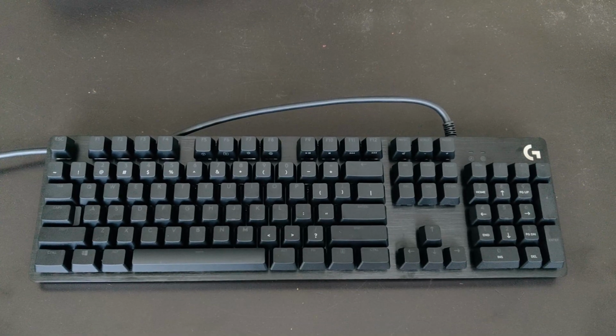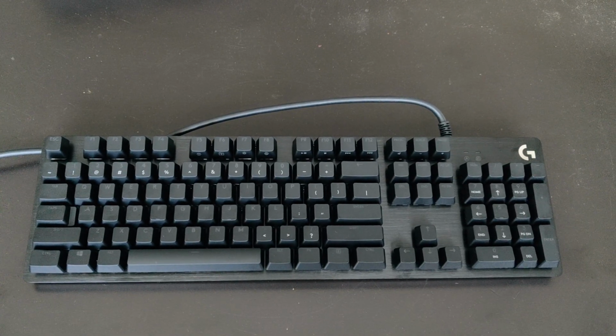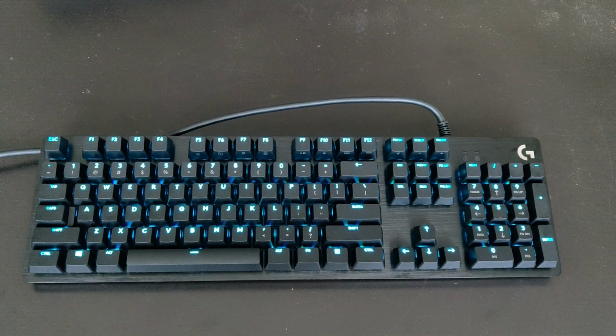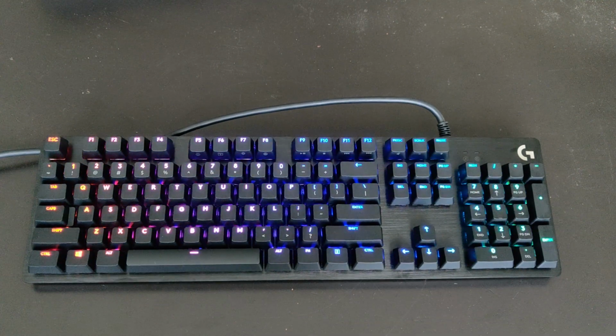So I have installed Logitech's G HUB software. Currently the presets are off, so let's cycle through the presets that are pre-included in the software. This is the fixed, so it's a fixed color. You can change it to any color you like, and this is the cycle. It changes the rainbow colors, and this is the color wave, and this is similar to the default